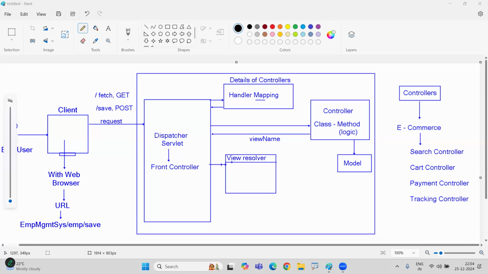What is the view? Here, view resolver contains two things. One is a prefix. Prefix means exactly where is the location of the view. Next one is a suffix. Suffix means what? Extension. Let me explain. It can be a HTML file. It can be a JSP file. Anything. Suppose it is returning that view name, just generally